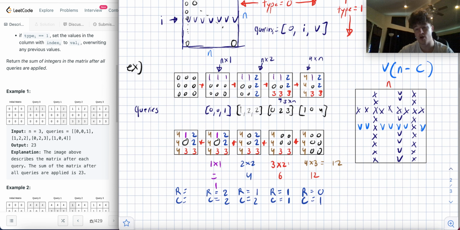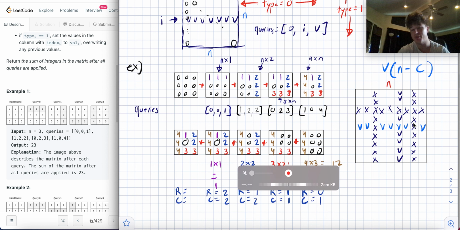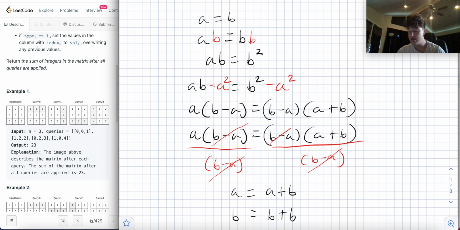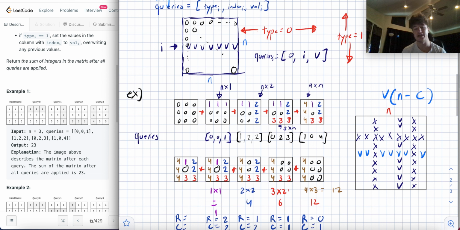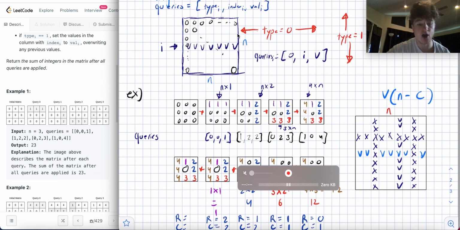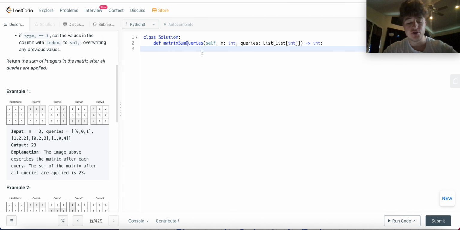unless it's the same row, right? Because if I'm painting the same row over, well, then it's already been painted over. So I can't paint over the same row, but if it's a different row, then it's just the number of columns that I'm looking at, right? So hopefully that point makes sense. So what we'll do to keep track of this is we'll keep